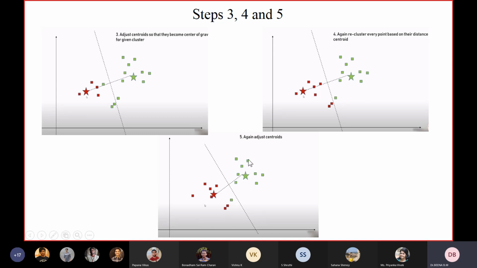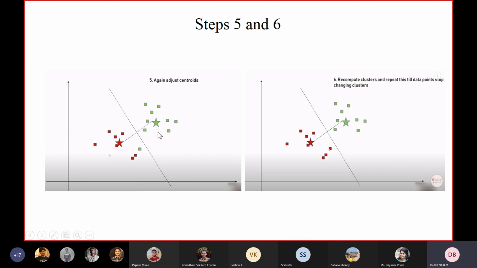Fifth step, again adjust centroids. Now at this stage we have 2 red points and 1 green. Again repeat the process. This is the latest one. So this is the 5th step, and in the 6th step, what we have to do? Recompute clusters and repeat this process till data points stop changing their clusters.